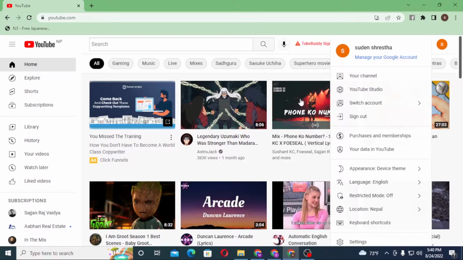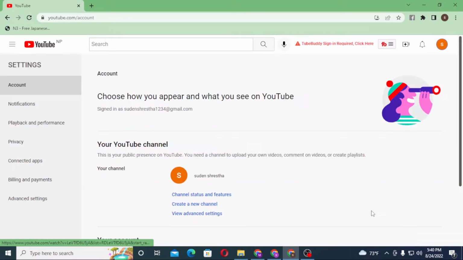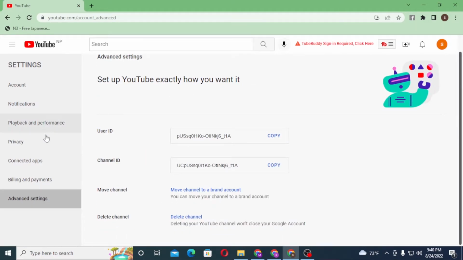Now to delete your channel, you can see the settings option available after clicking on your profile picture icon on the bottom side of the screen. Click on settings, and after that, over this interface you can see the advanced settings available at the left side of your screen. Click over there, and on this interface you will be able to see your user ID, your channel ID, whereas there is the delete channel option available over here. Click on delete channel,